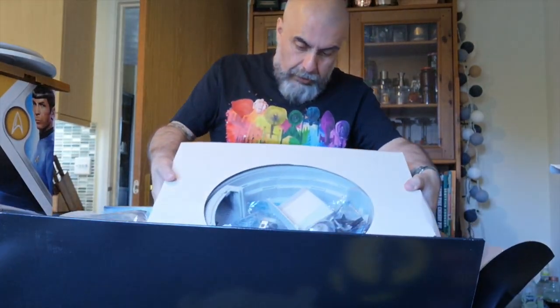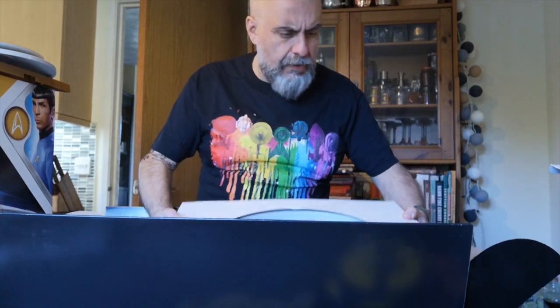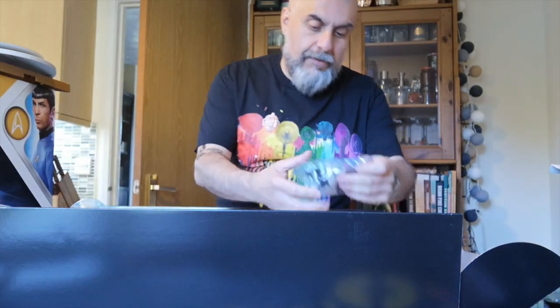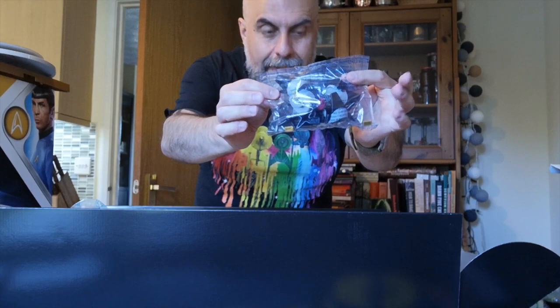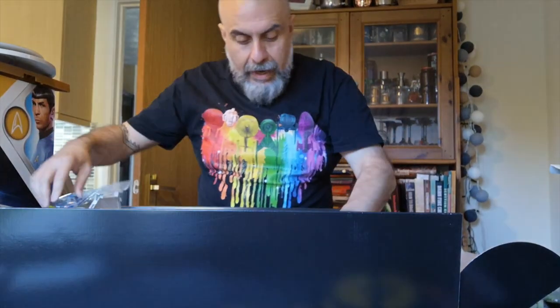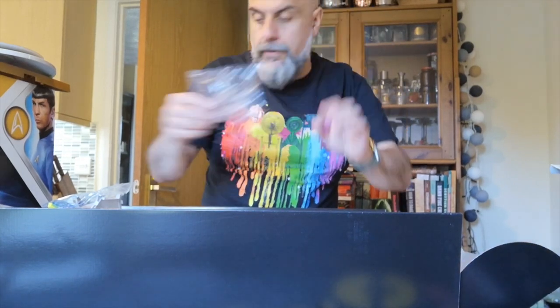You've got this huge box here that has a huge amount of stuff in it. I don't know where to start. There's some figures here, which I know you will want to see. Those are little accessories. Those are all the seats for the Enterprise. This is a bit of the, I mean, how ridiculous is that? Those are struts, which are probably for the